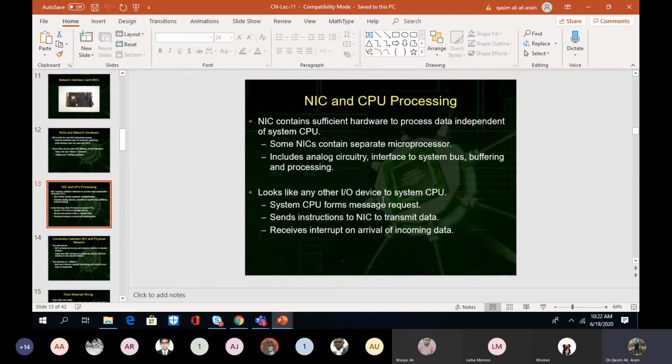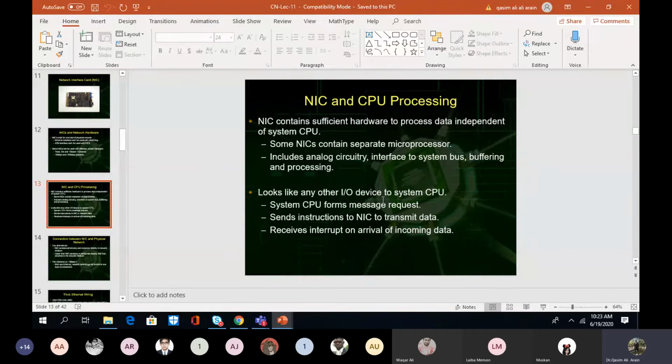NIC and CPU processing, NICs contains sufficient hardware to process data independent of system CPU। This is again very important thing। आपका जो network interface card होता है ना, it has its own processing power, it has its own smaller CPU, it has its own memory। It will decide whether the data has to be saved at the computer or it has to be discarded, right? ये आपका NIC decide करता है। If it is being destined for this particular computer, it will process it and forward it to the CPU। If it is not destined for the same computer, it will discard the packet at the network interface card level। So that is why network interface card has its own processor and own memory, and it is going to decide all these things at the network interface card level। It would not disturb your normal CPU computer, right, in the normal routine।